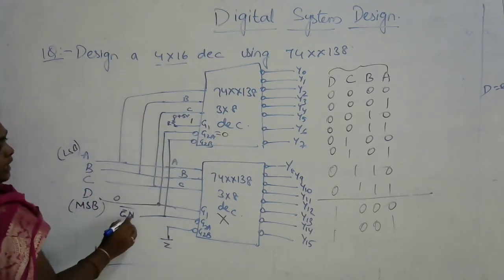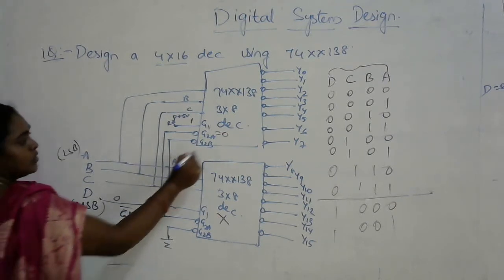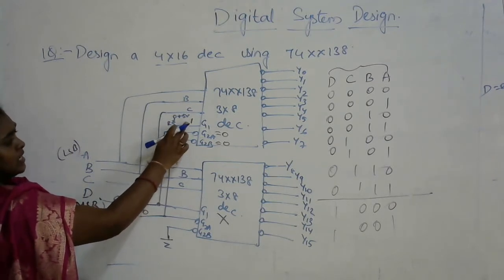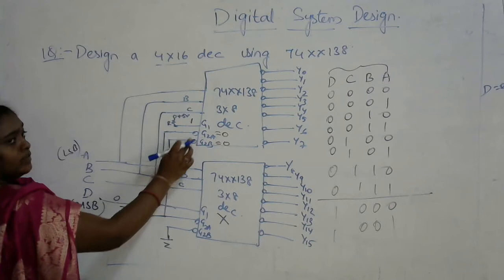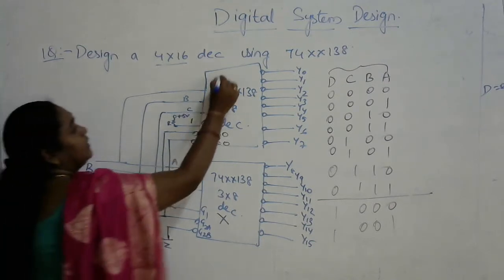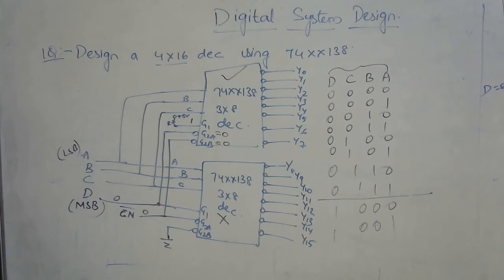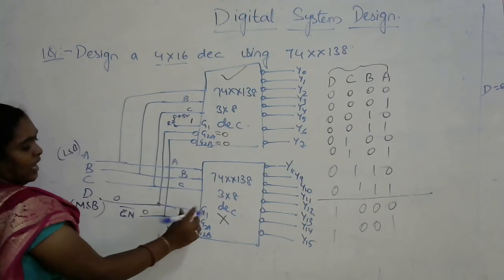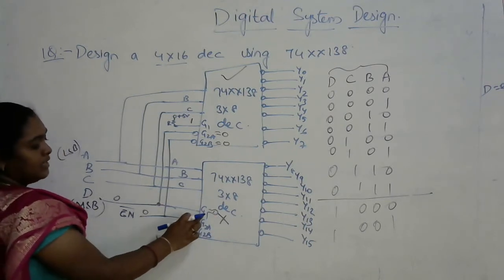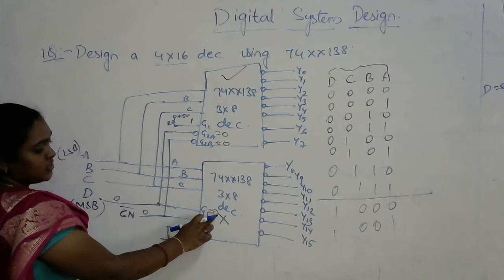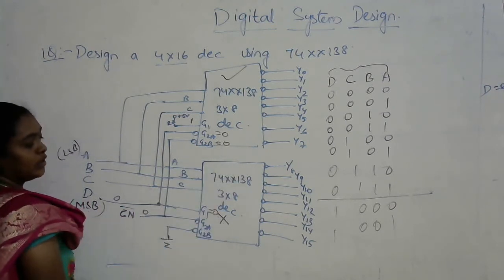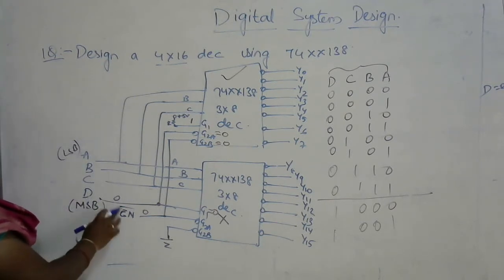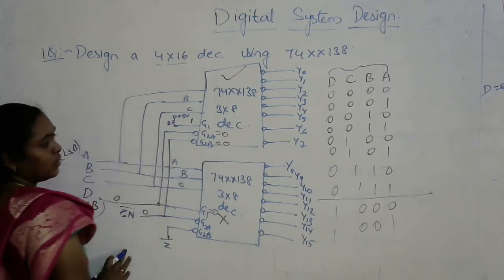And I am assuming that the enable input is also given as 0, so G2B value is also 0. As it is satisfying the condition, that is, the active high input is 1 and the remaining active low inputs are 0, only the first decoder is going to be in the working condition. But as D is 0, the same D is connected towards the G1 of the second decoder. G1 is active high, but the input we are applying is 0. That is the reason the second decoder is not going to work, whatever may be the value of G2A and G2B. So when D is 0, the first decoder is going to function.